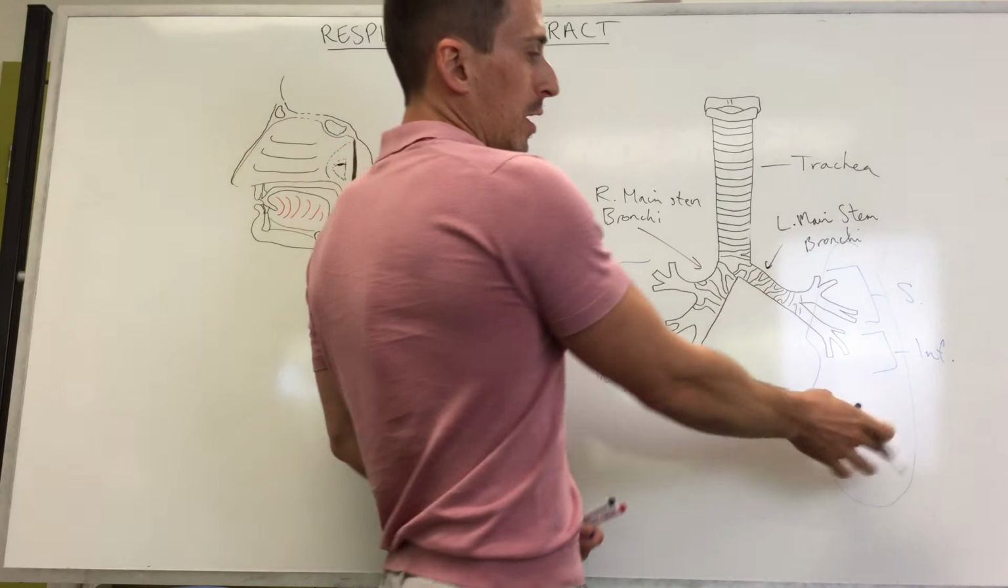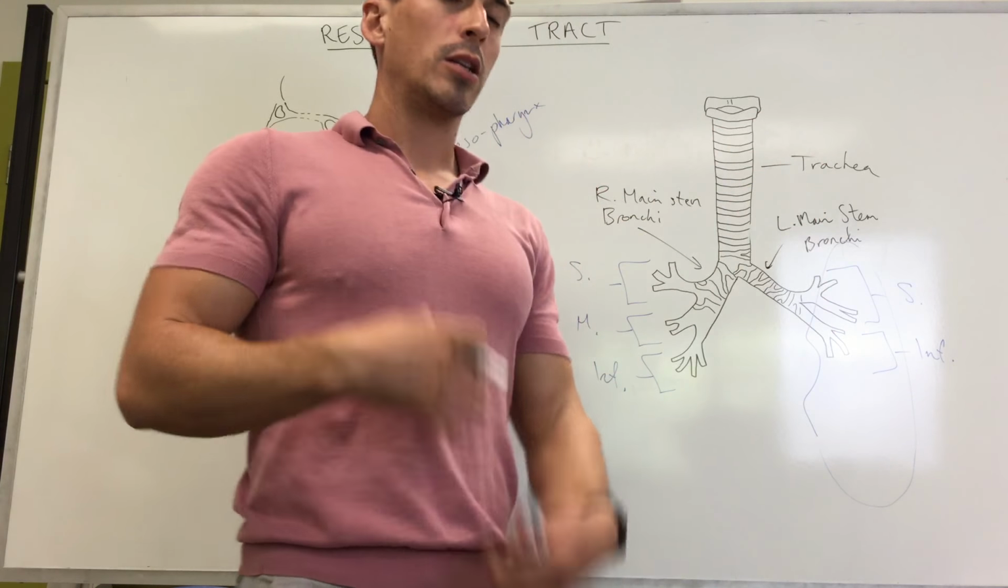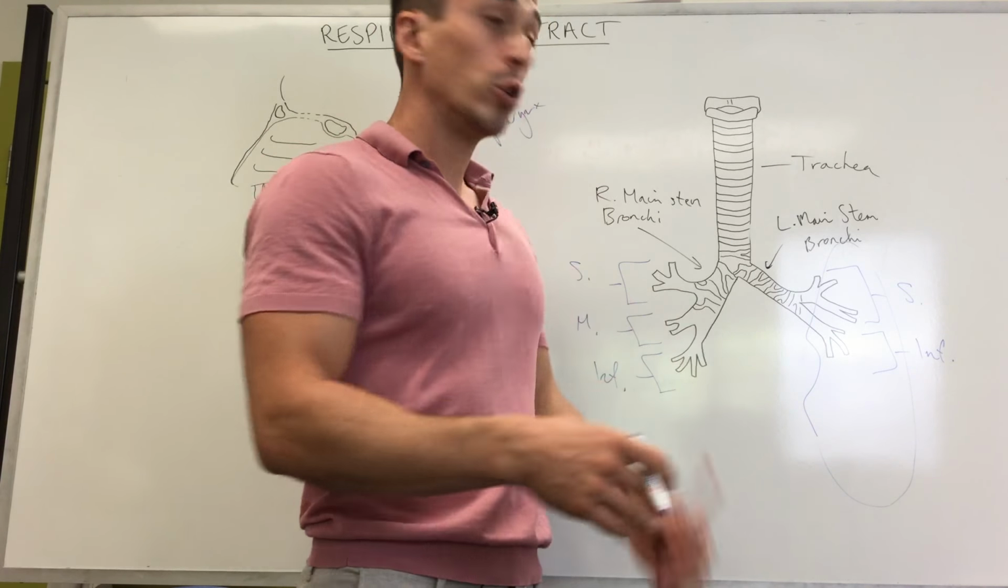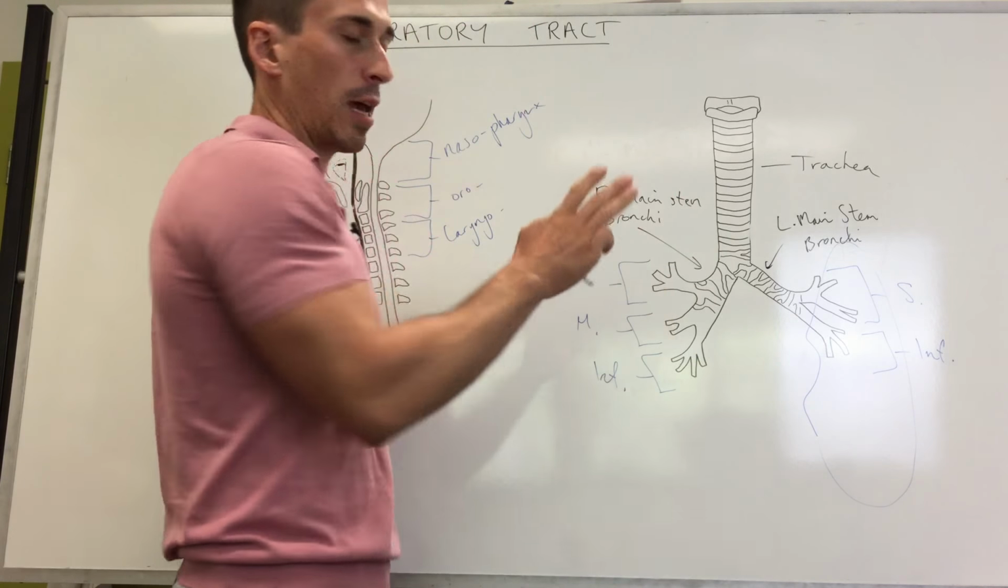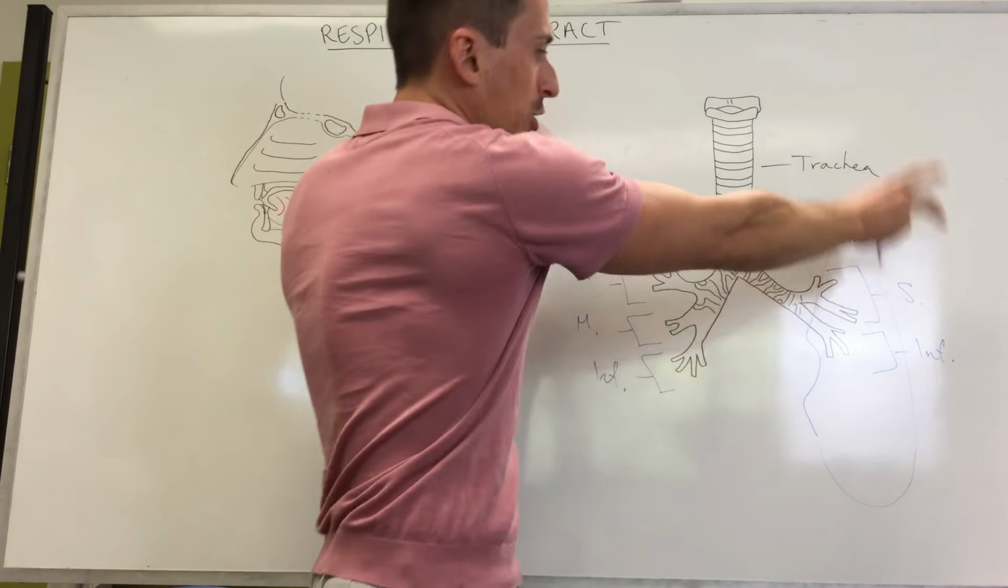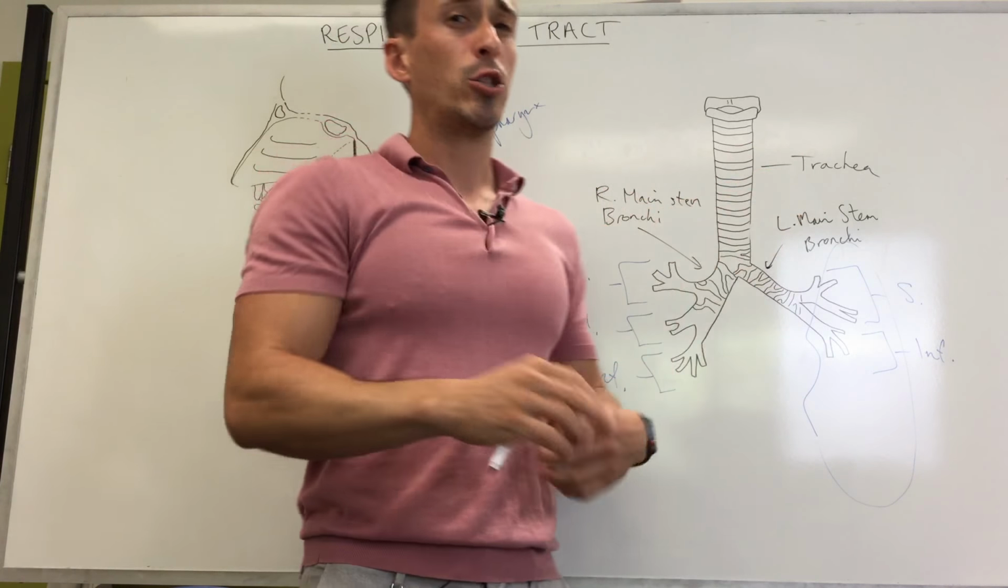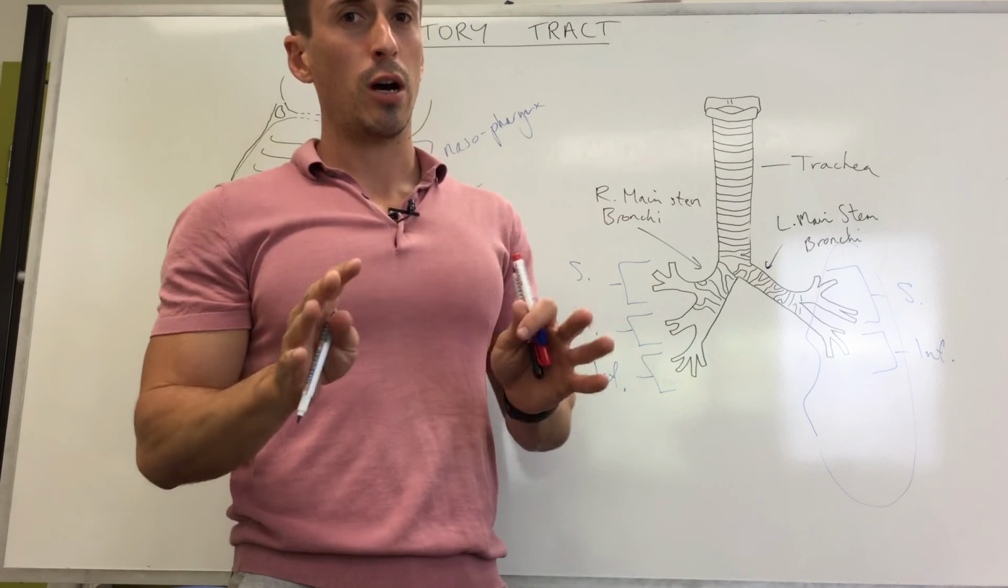Okay, so the left lung is a little bit smaller or reduced because of that cardiac notch. So there's only 2 lobes. The right lung has 3 lobes. Now, this branching continues about 23 to 25 more times, like a tree